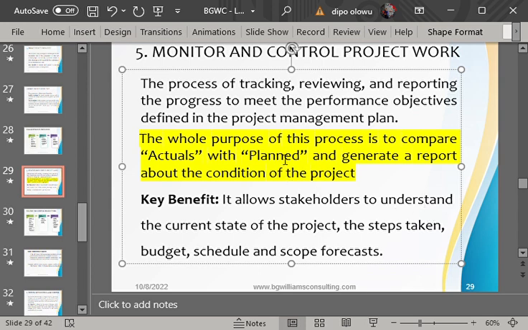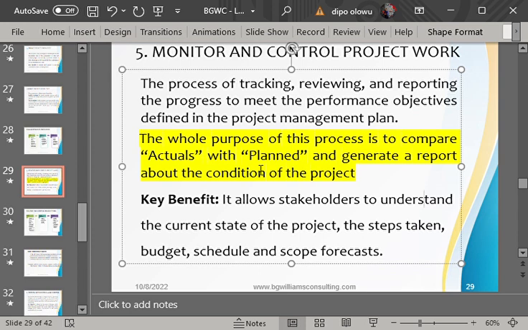What it actually means is that the project manager compares the actual, what was actually done, with what we planned to do and generates a report about the condition of the project. That is what monitoring and controlling is. So we check the two.